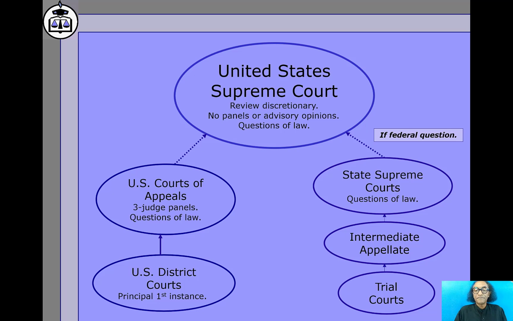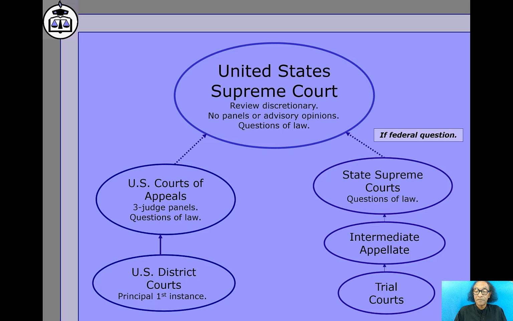Again, a chart here in terms of the United States Supreme Court review powers and how it exercises its discretionary powers. So you can see from the district courts, it goes through the U.S. Courts of Appeal, 3 judge panels. Again, only questions of law, the same way with the trial courts. And the distinction being that if the state Supreme Court decisions involve federal questions, some aspect of the Constitution or some aspect of federal courts,